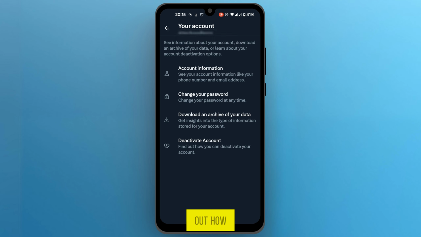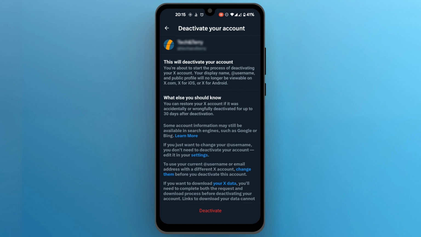So you can find out how to deactivate your account by tapping on Deactivate Account. And it says this will deactivate your account. It also says your display username and public profile will no longer be viewable. So all you need to do is to tap on the red Deactivate button down there, and your account will